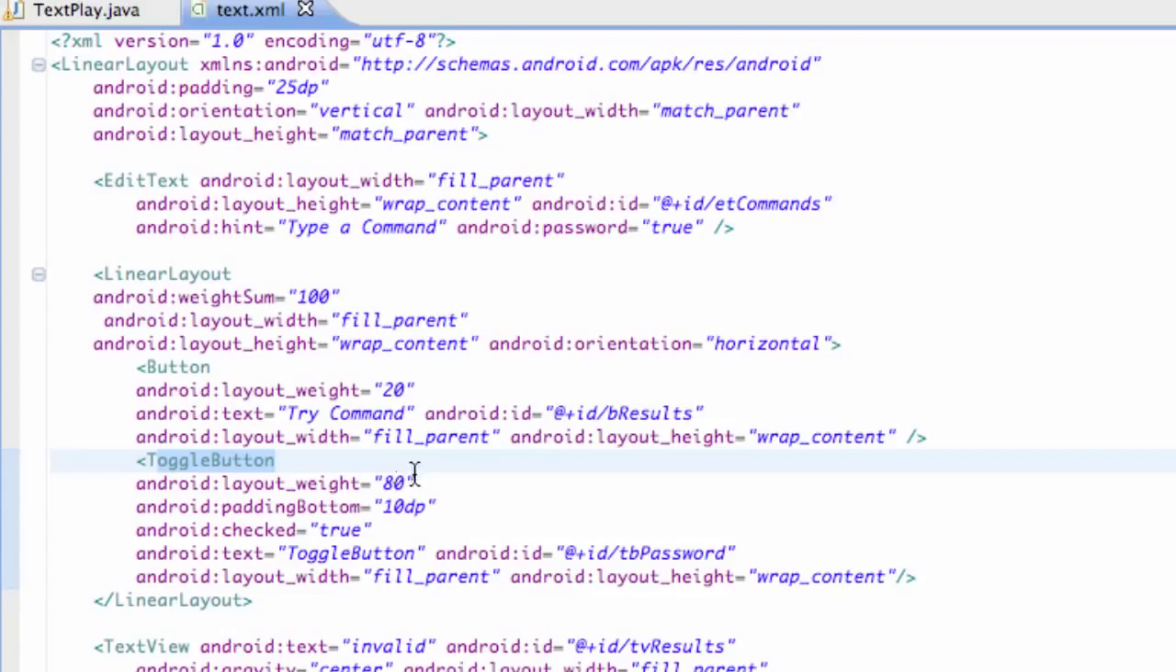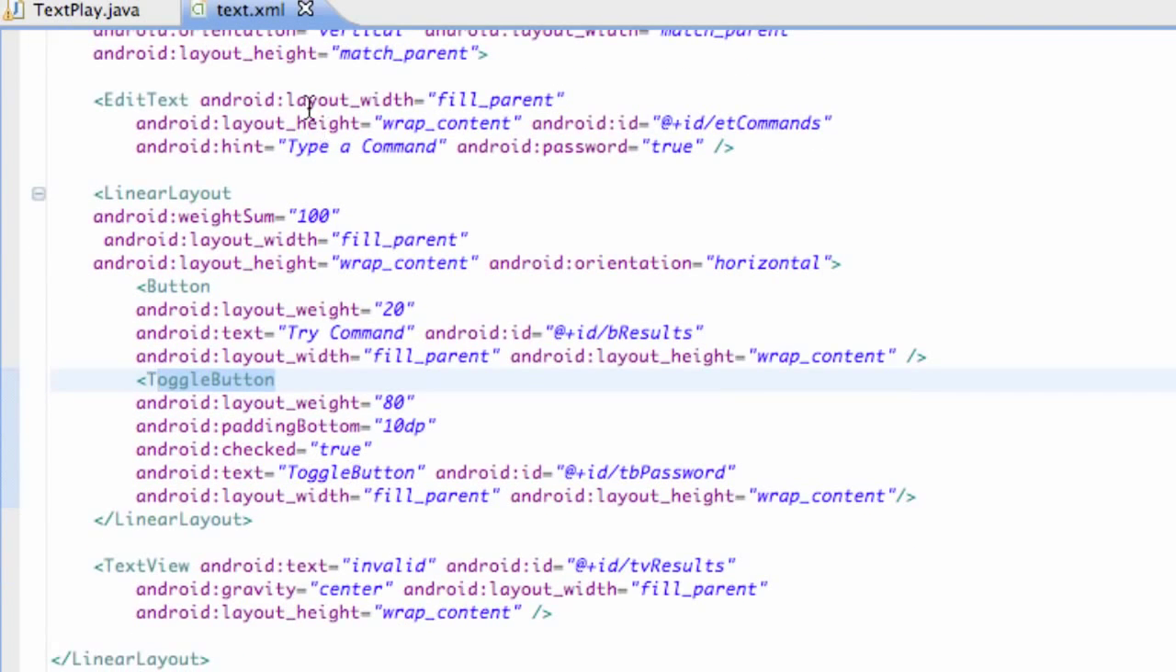We're going to basically determine how to set the gravity within Java. Before we do that, I just wanted to open up our text XML real quickly